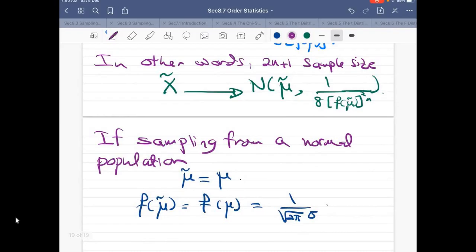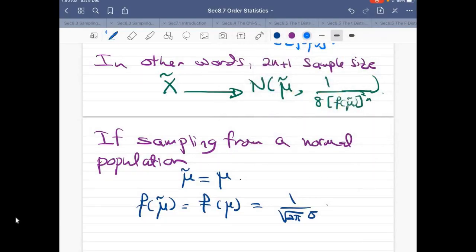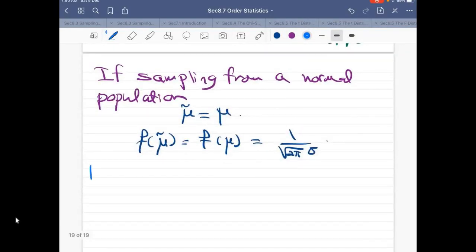So this would imply that in case of normal populations,